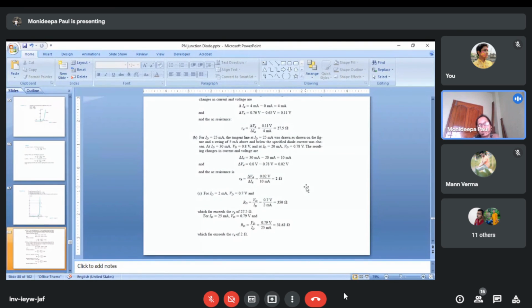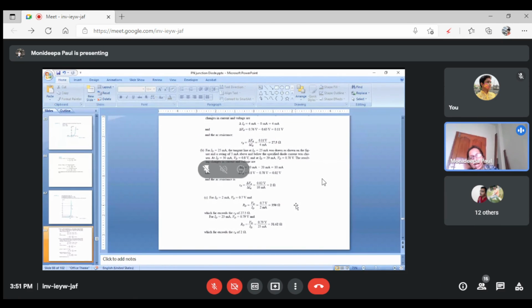Up to this, any doubt? Don't copy from the slide. You just understand this. If you understood, then you can easily solve it. Don't copy; just understand this and do it at home. And if you again face some problem, ask me in the next class, and I will discuss this matter again. Okay? Don't copy it from this slide.